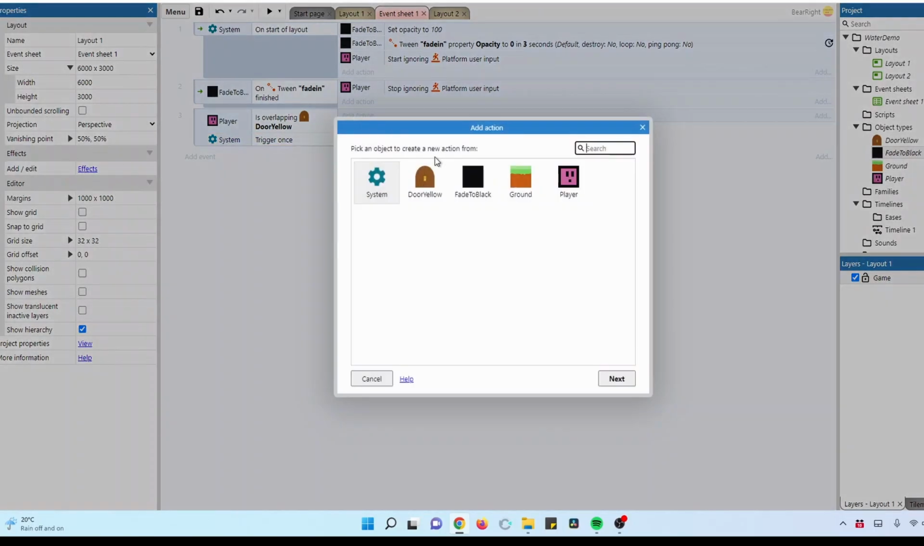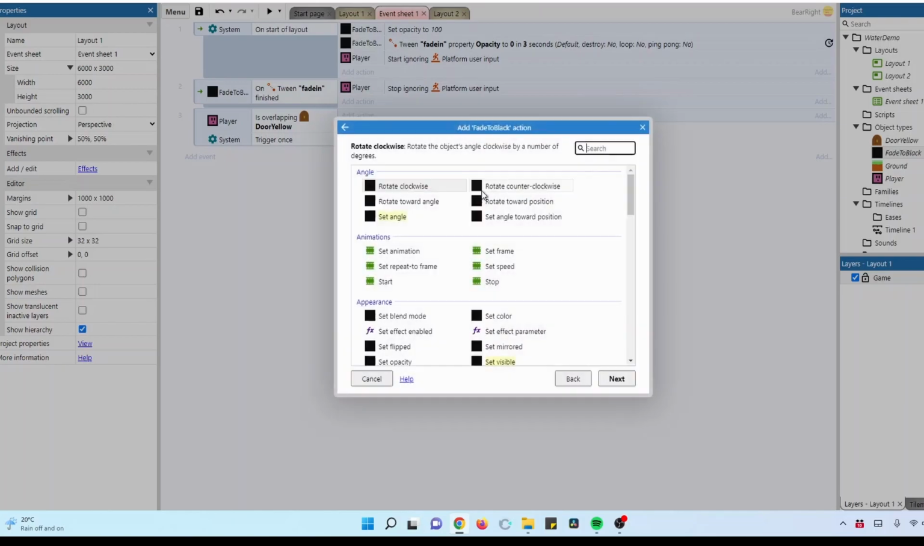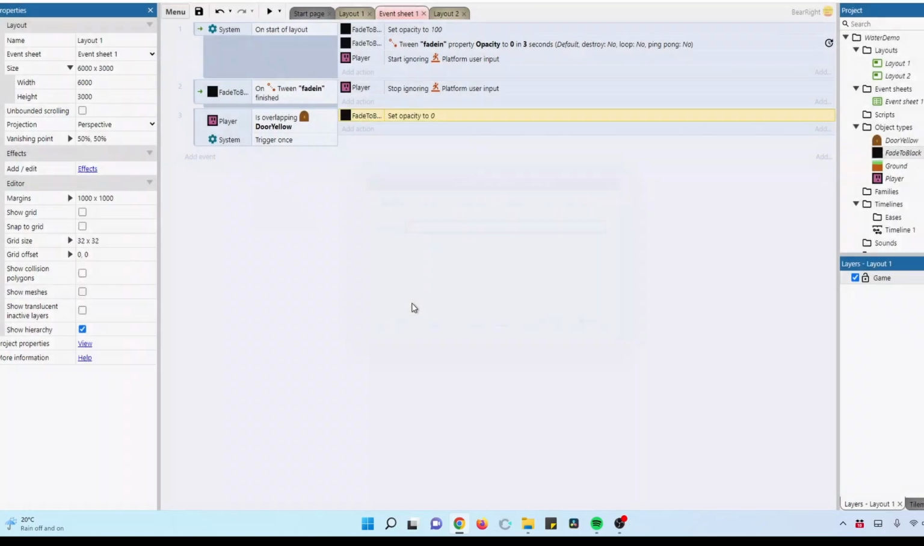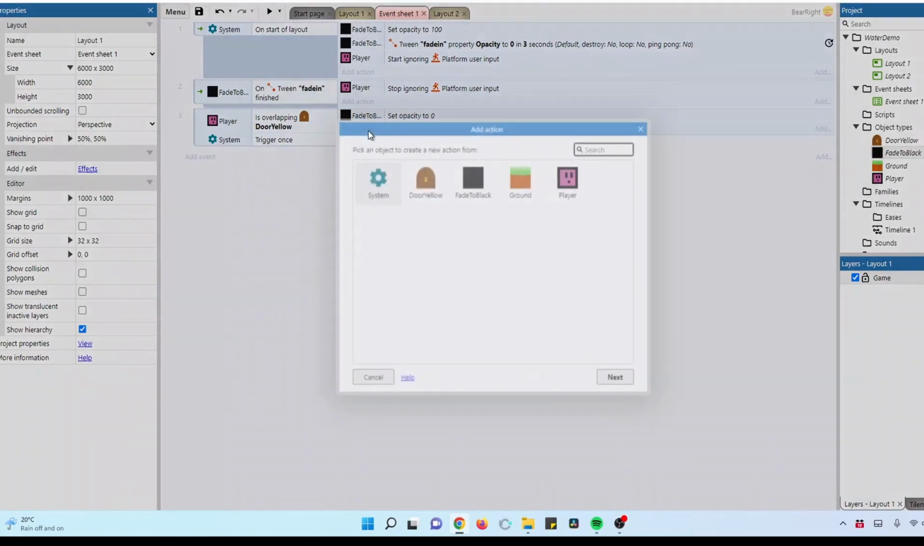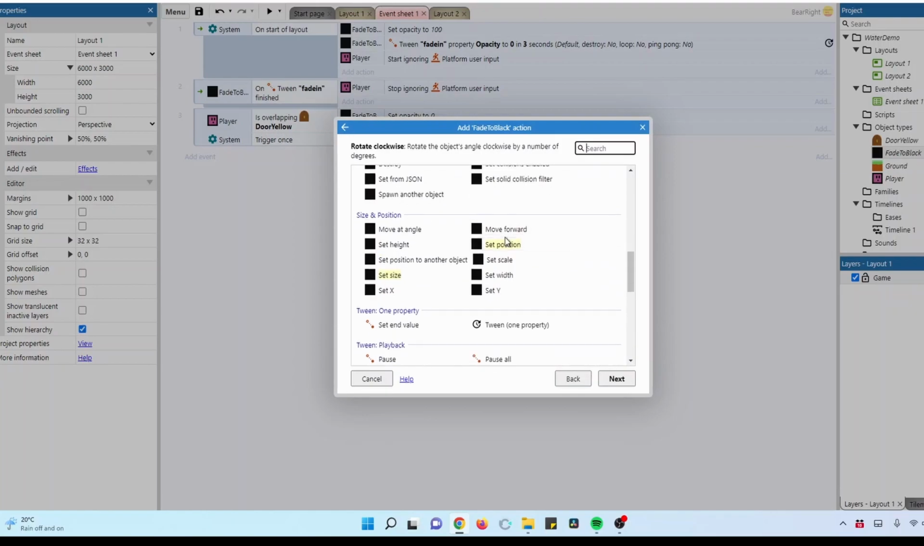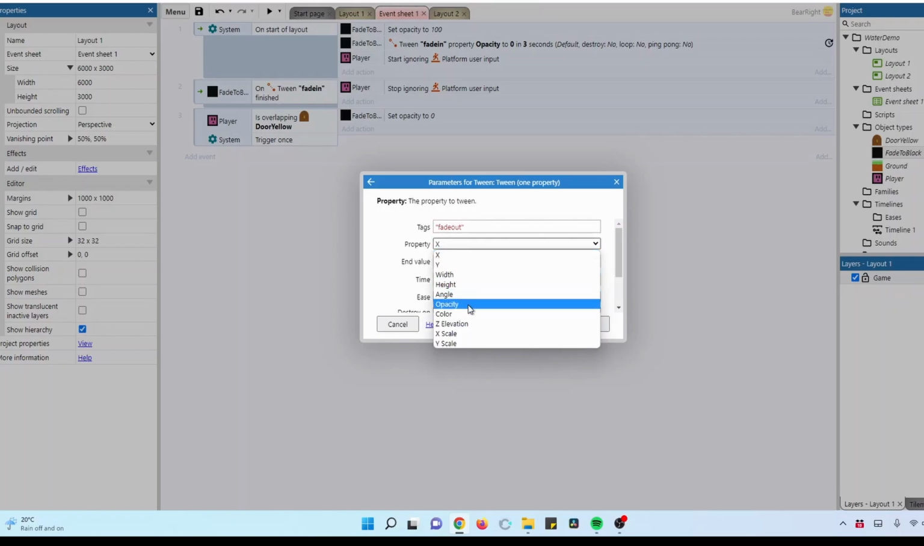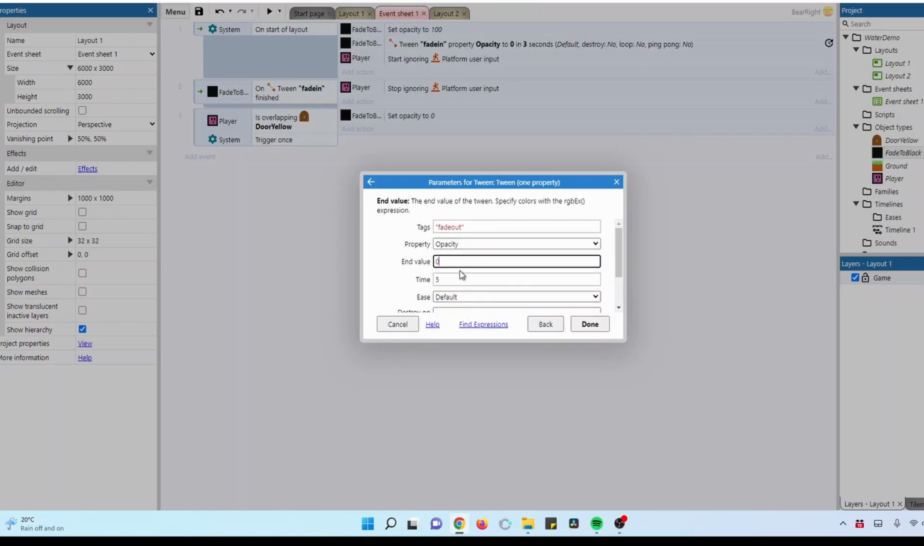We're then going to add an action. We're going to take our fade to black, and you can set the opacity to 0 to begin with. This should be done automatically. I like to set it just to be completely safe. And then just like before, we're going to go to this tween one property. We can give it a tag, so this time we're going to fade out. And we're just going to go down to opacity and set the opacity to 100, and time it takes, we'll